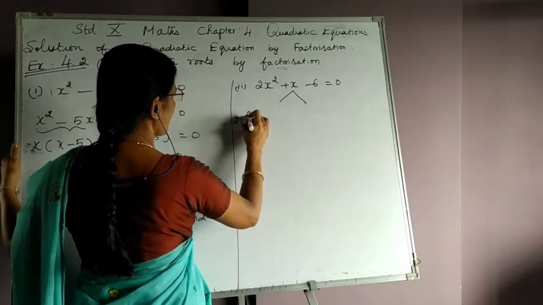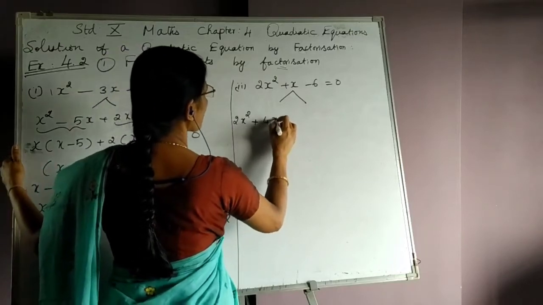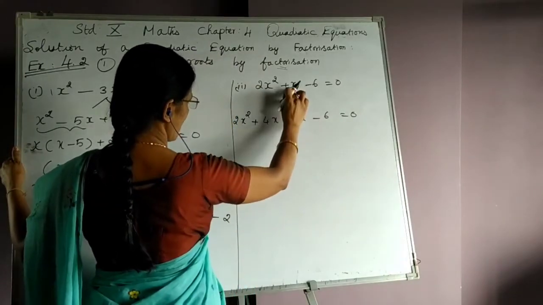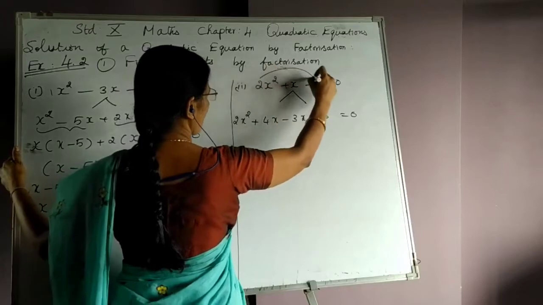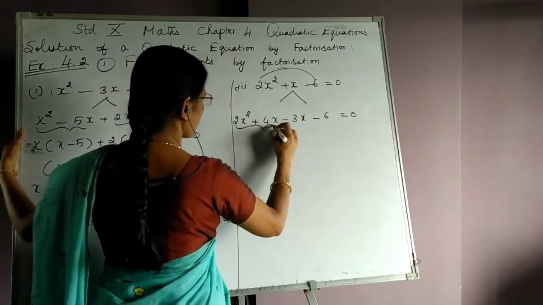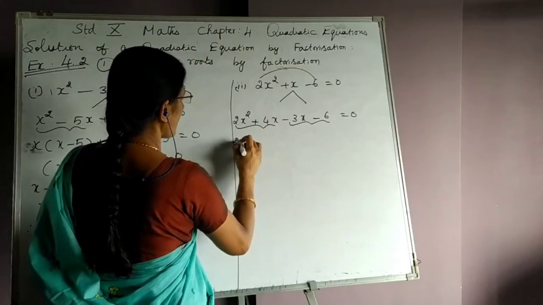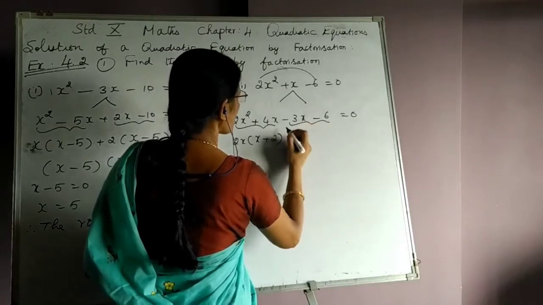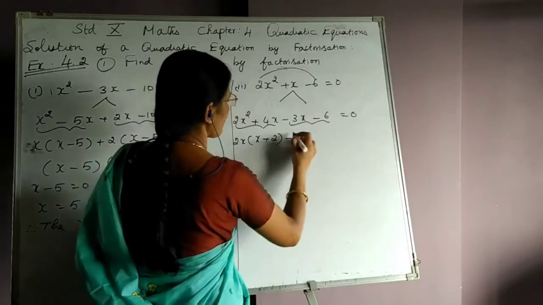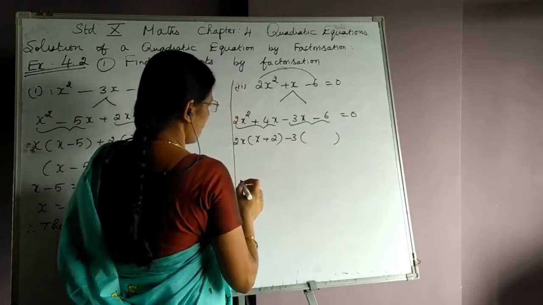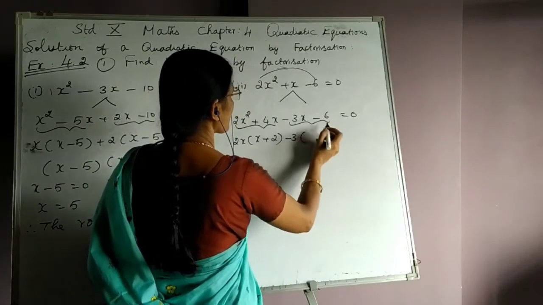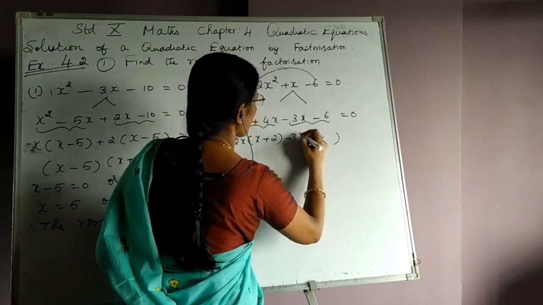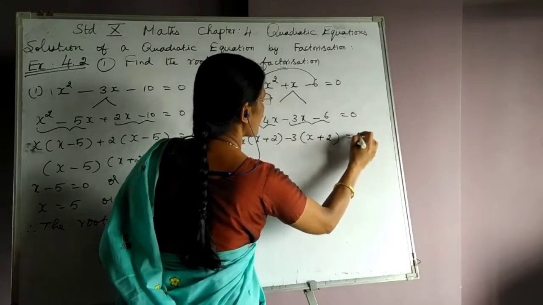It is 2x square plus 4x minus 3x minus 6 equal to 0. 4 minus 3 is 1x. 4 into minus 3 is minus 12. So it is satisfied. Again grouping the first two and the last two. 2x is the common term here. Remaining terms are x plus 2. Here the group begins with a minus sign. Therefore I take the minus sign out. The common number is 3. So when we take the minus sign out, remember inside the bracket we should take its opposite sign. Therefore here x, opposite sign is plus. 3 is taken out from 6, left over is 2 equal to 0.